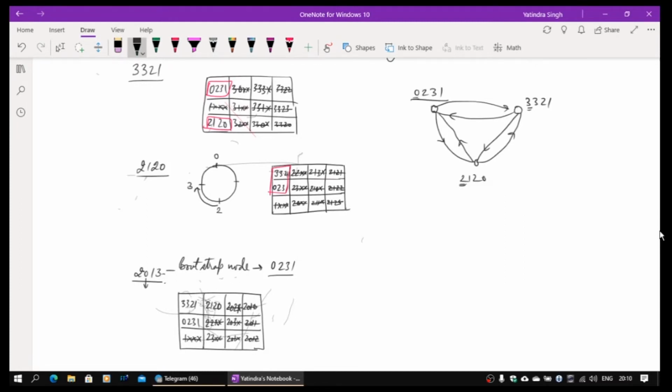Okay, because that's the second digit they are actually having a change, so we need to make this change. So you can get 2013 here. So the way 2013 has 2120 here, it will have 2013 here. Now what will happen to 3321? There is no update.